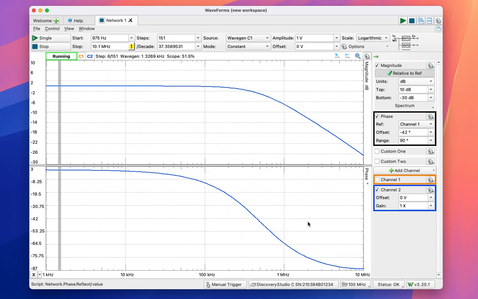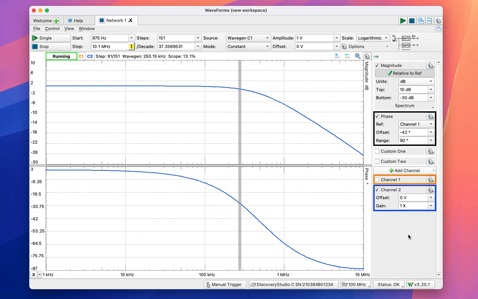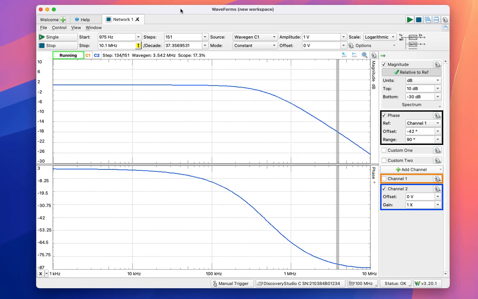I don't think there are many options here that we can play with. Most definitely, we are not going to have a current calculation. So in this case, we cannot add a channel as a math channel, but what we have should suffice for what you need to do on your lab